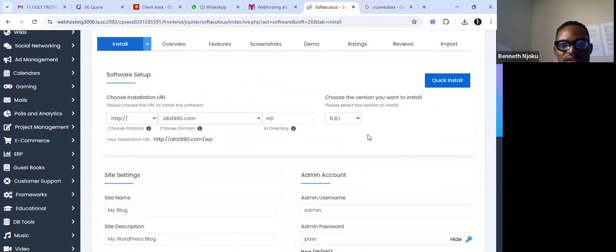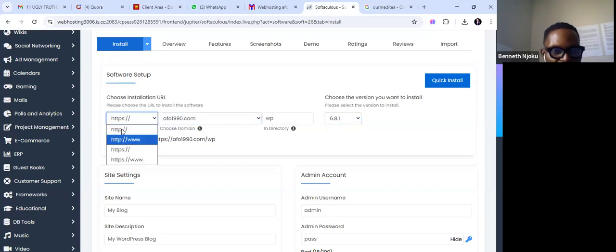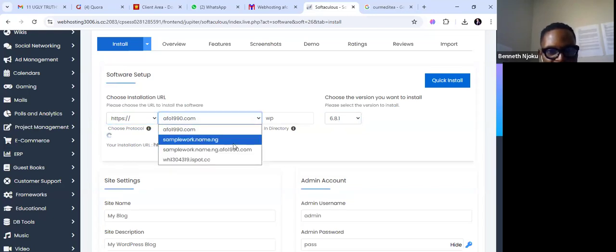Now, this is where you need to be really very careful, because you want to install your WordPress. They are installing the latest WordPress for us, which is WordPress 6.8.1. Then here, where you have HTTP, HTTP/www, HTTPS, you are sticking with HTTPS. And this is not the website you are installing on, because this already has documents on it. We are installing on our sample domain, and this is it,